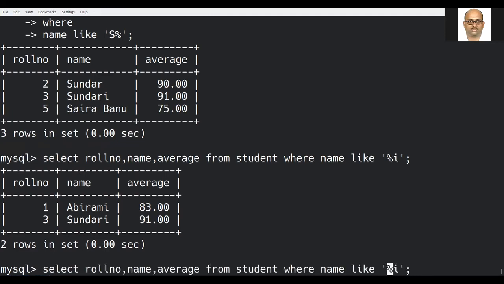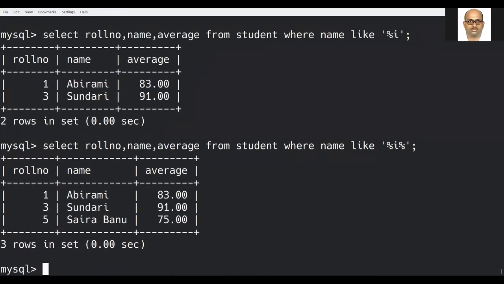Now, what are the other variations? If I give percentage I percentage, it means that anywhere inside the name I should have I. See here, Abhirami, Sundari, and Saira Banu. There only can you find the letter I in the column named name.